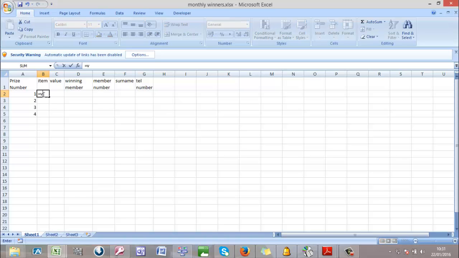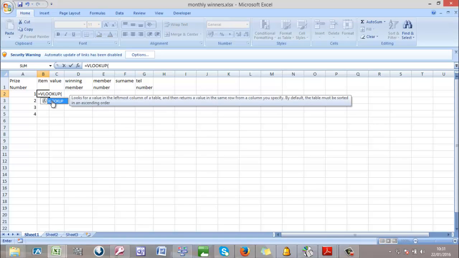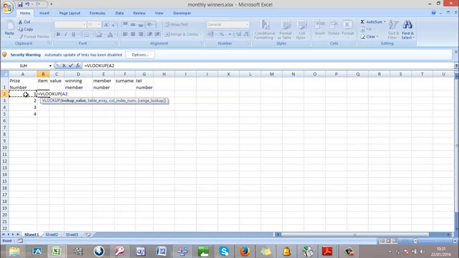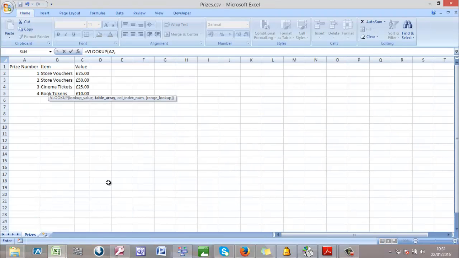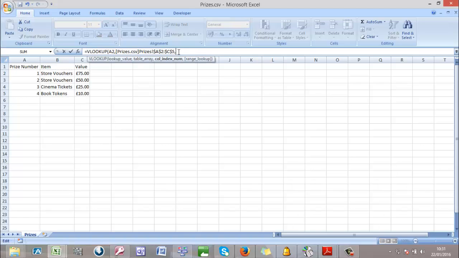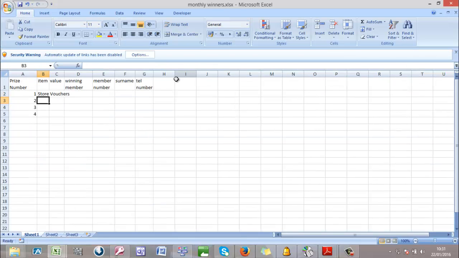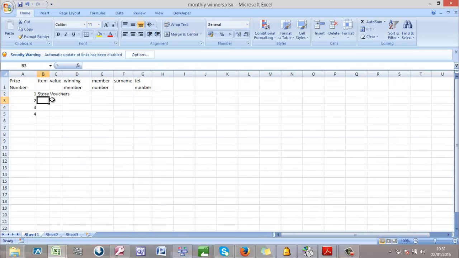So equal to VLOOKUP, and you pick the lookup value, then the table array. You can select the table array. Since we know we're going to do it for all, we can just select this, and then the return column is 2, and then we want an exact match, so we bring FALSE or 0. So that is this, and then